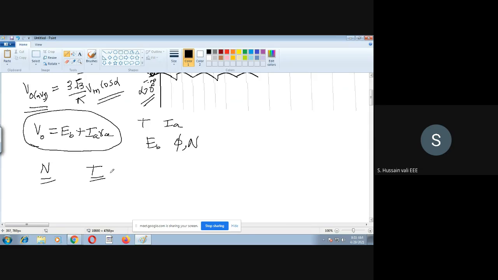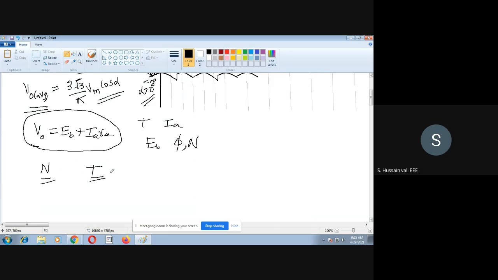Nothing else is there here, just writing the same equation. What you need to understand is, first of all, what is the converter? Is it a semi converter or a full converter? Second, is it single phase or three phase? If it is three phase, you will get one output. If it is single phase, you will get another output. The output value varies. Second thing is, what is the type of motor? Is it a separately excited motor or a series motor?